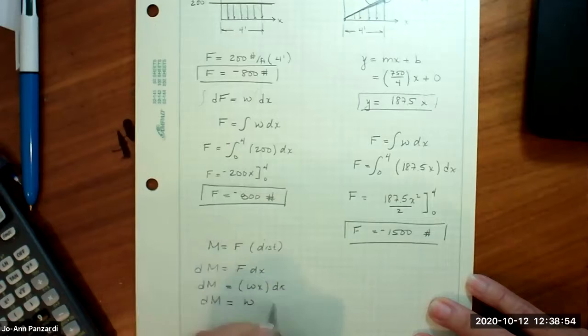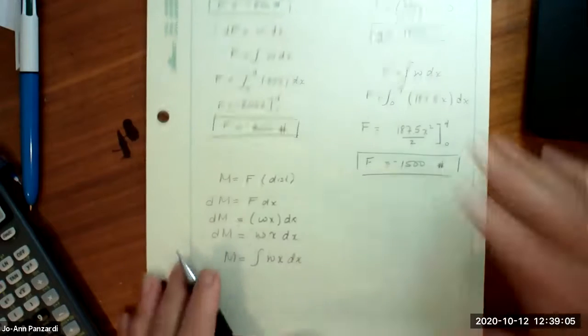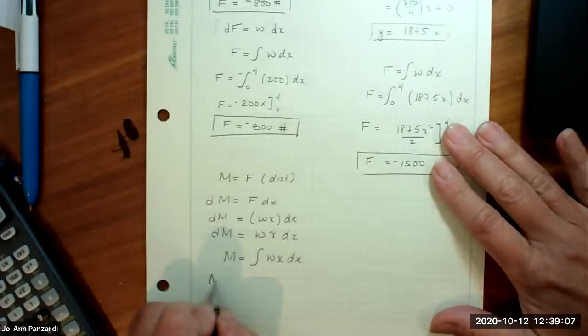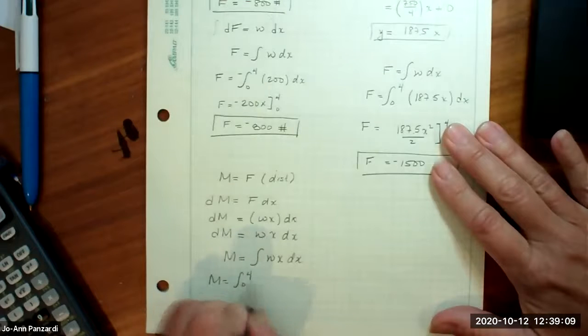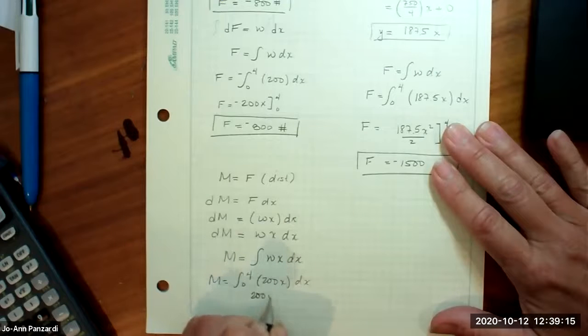Sorry, I forgot to put the Wx dx. So the moment is equal to the integral of Wx dx. So in this particular case, the moment for this problem is the integral from 0 to 4, W is 200, x dx, so it's 200 x squared over 2, evaluated from 0 to 4, and the moment turns out to be